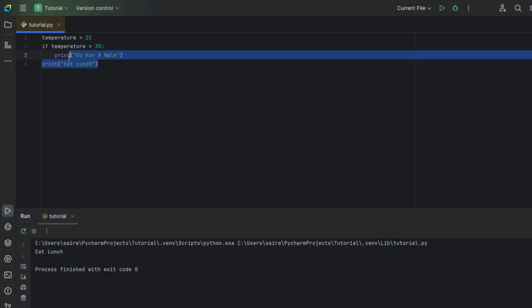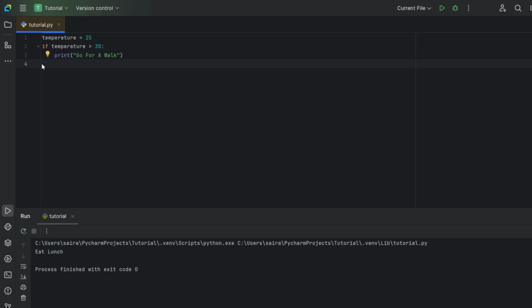So now let's actually put it in actual code. We already have it over here. If temperature is greater than 30, print go for a walk. Now we know what we'll do if the conditions are met, and we know what we will not do if everything does not go our way. In other words, we have a plan B. Python allows us to express such alternative plans. This is done with the second, slightly more complex form of the conditional statement, the if-else statement.